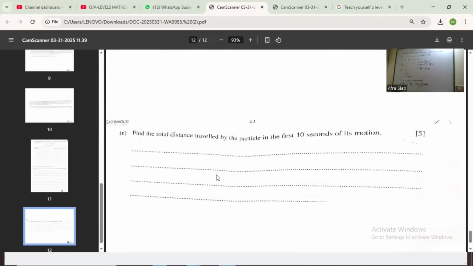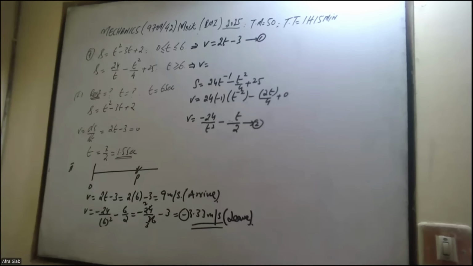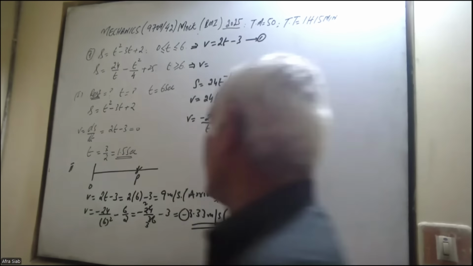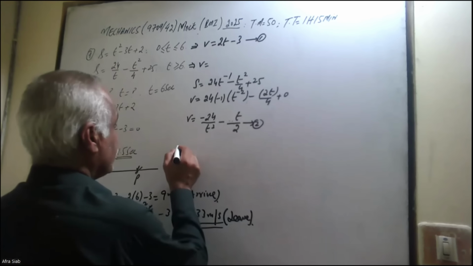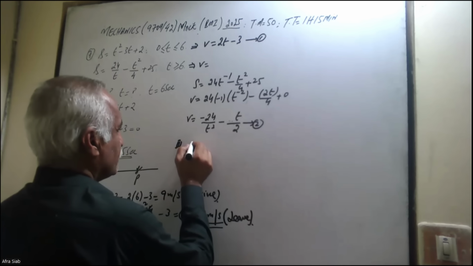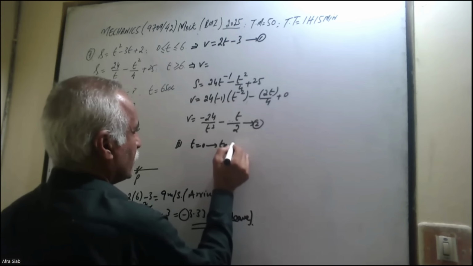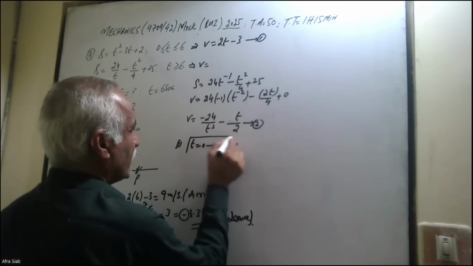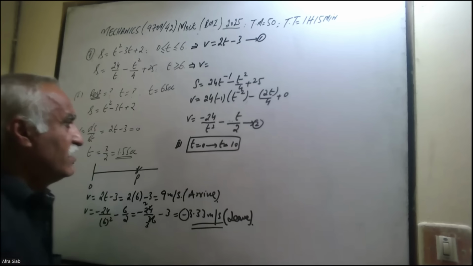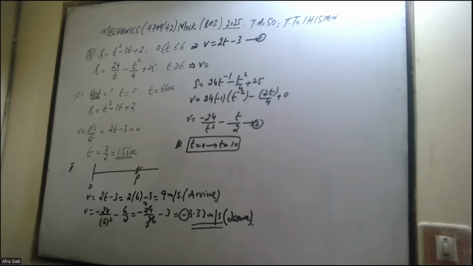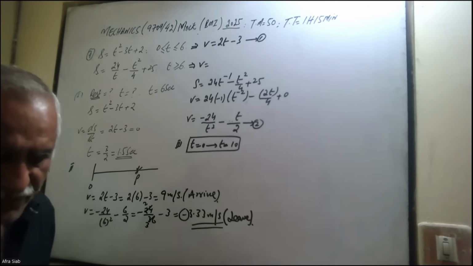Find the total distance traveled by the particle in the first 10 seconds of its motion. So in the first 10 seconds of its motion, we are going to calculate this third part. You have to check that whenever the displacement function is given to us, then we should know